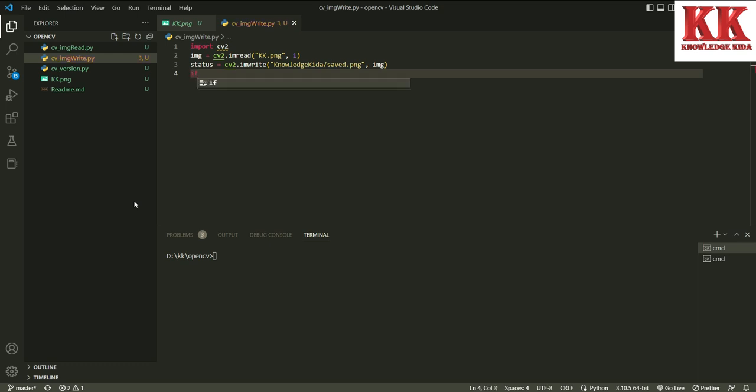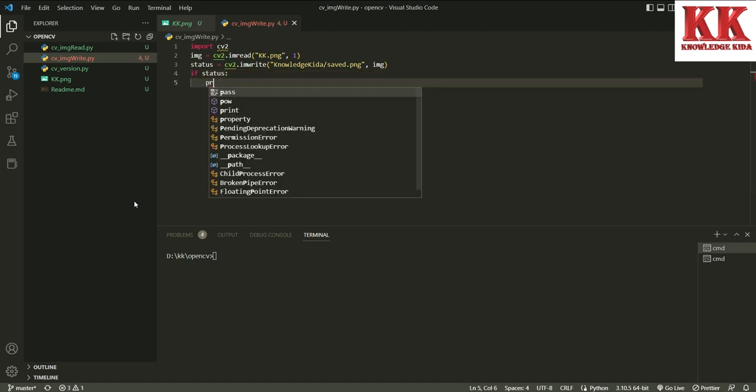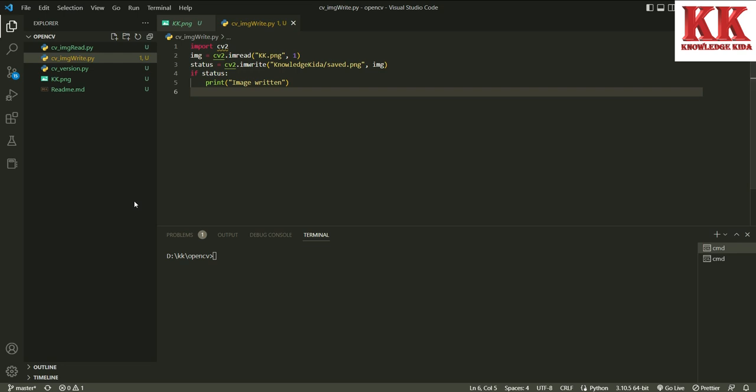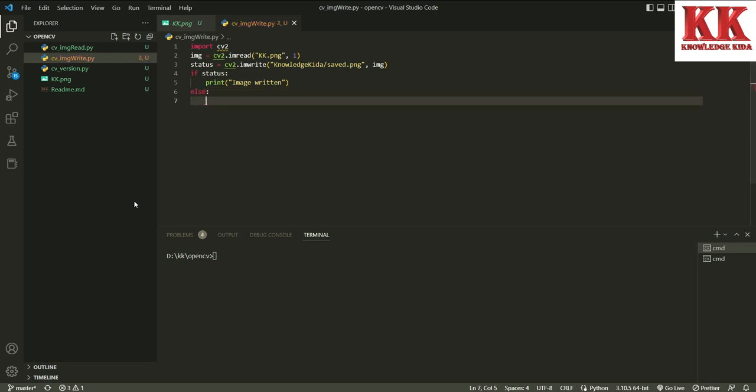So we'll use an if condition: if status, then we will print image written, and if not, then we will print failed. Okay,